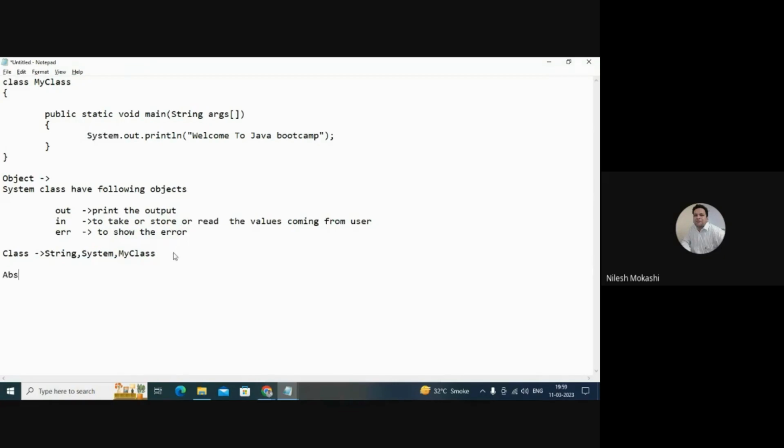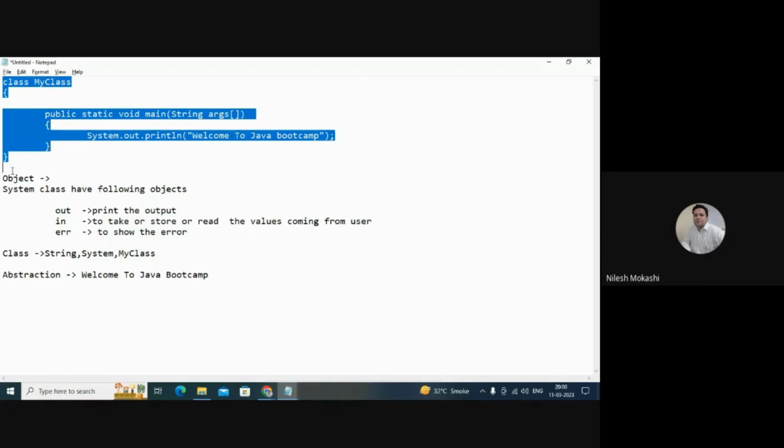Then let's go for abstraction. Can you tell me what is abstraction in this program? Okay, we will see it. Abstraction here is Welcome to Java Bootcamp. Why are we writing the program? Because we want to show the results to the user.